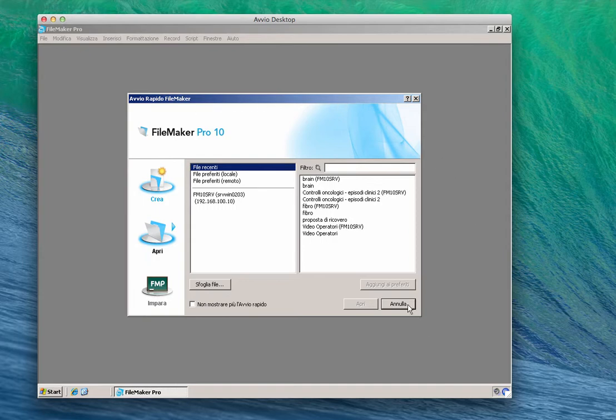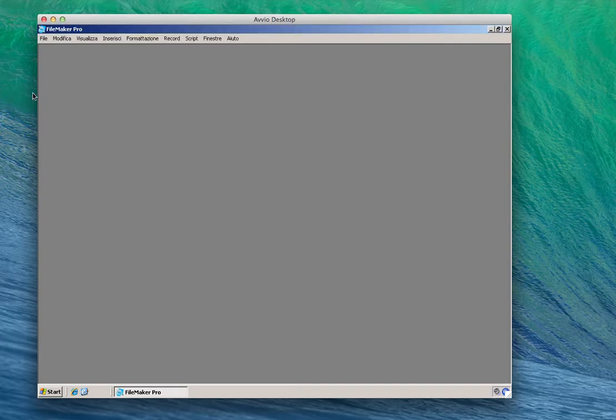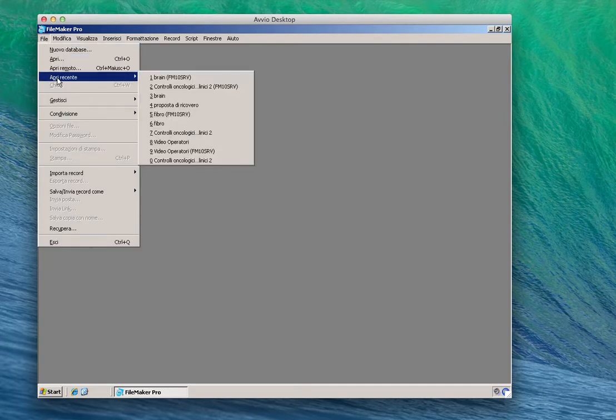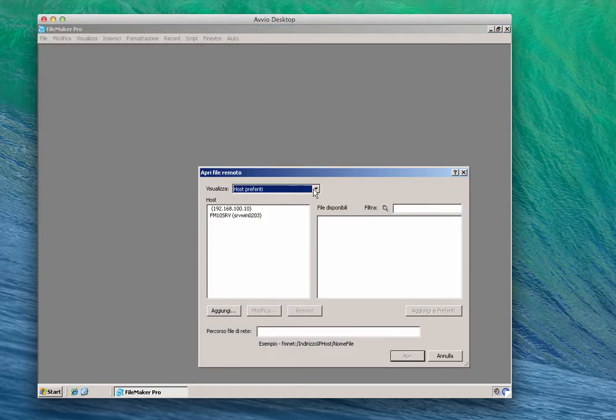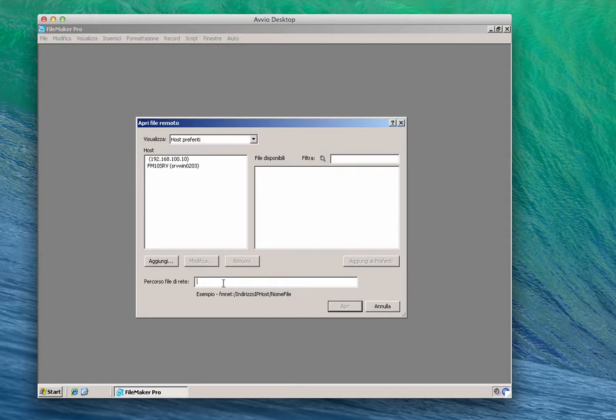So please click cancel or annulla, which is cancel, and go to File, then apri remoto, which means open remote, and find this text field, which is percorso file di rete, which means LAN path, and write the line I've provided in the written tutorial: fmnet dot slash column slash srv